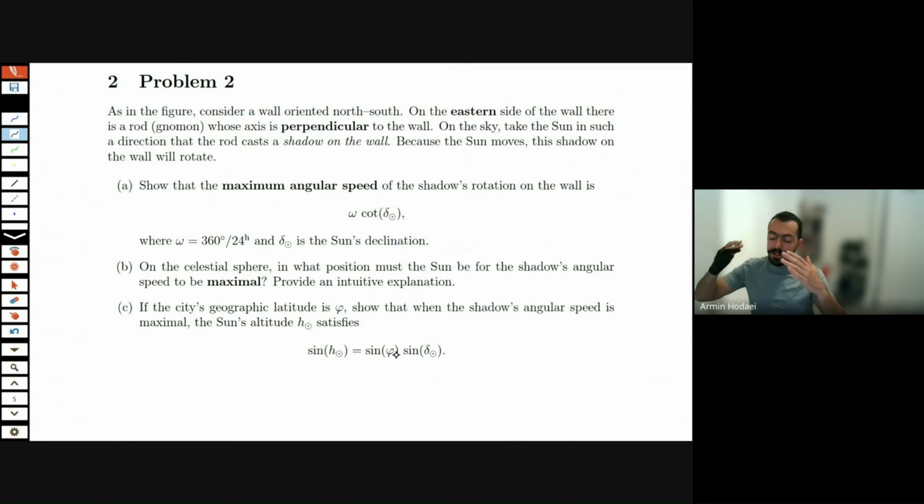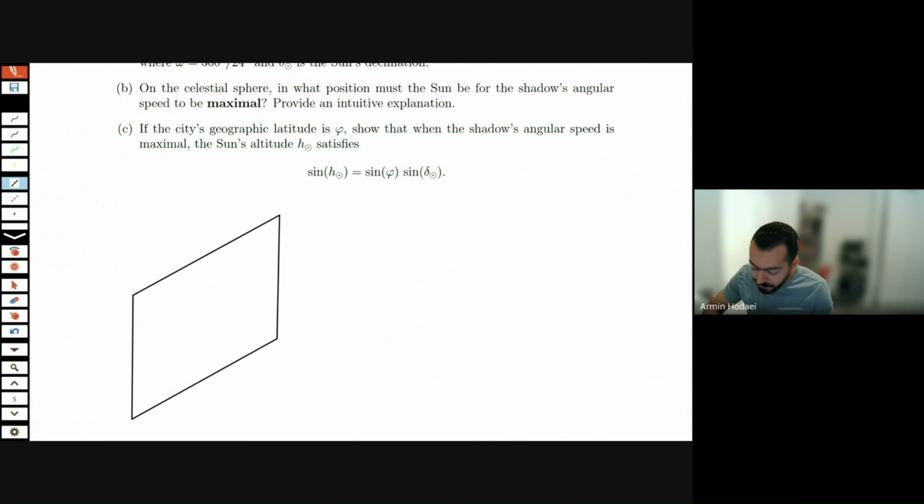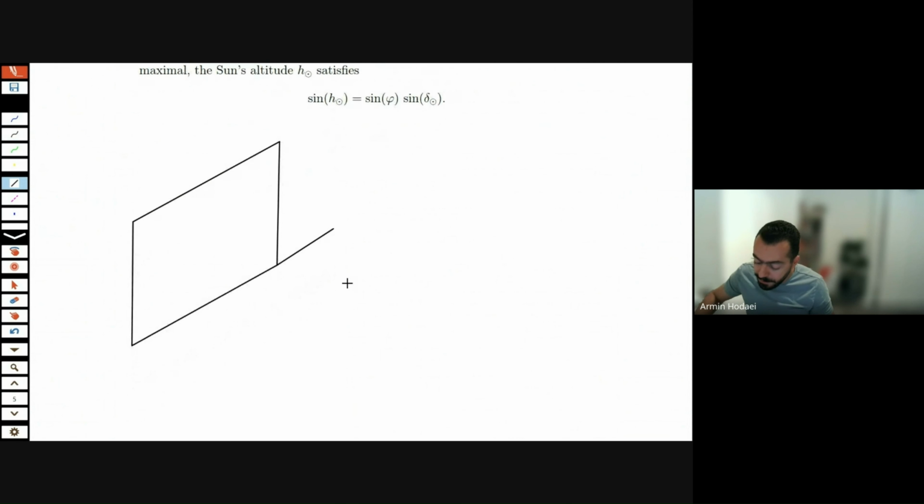First, this problem is about a sundial, which is basically attached to a wall. Let me sketch it. So this is the wall. I'm going to sketch the wall first. I love these wall questions. And then it is basically